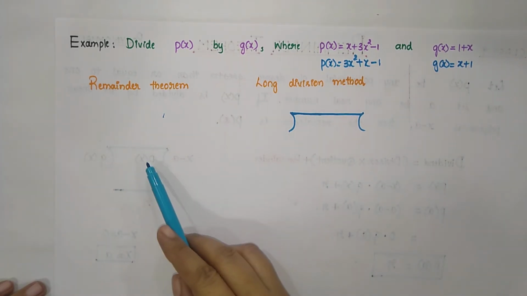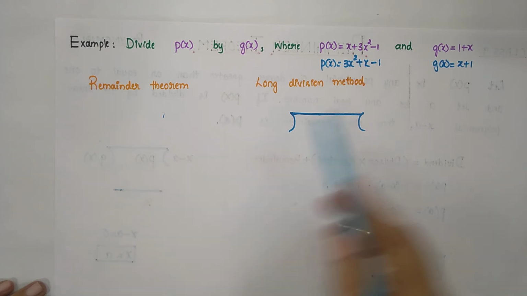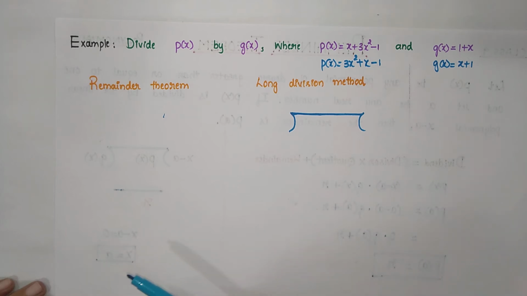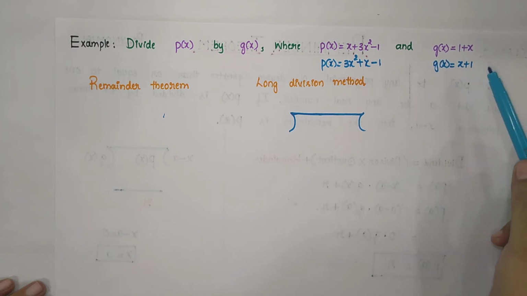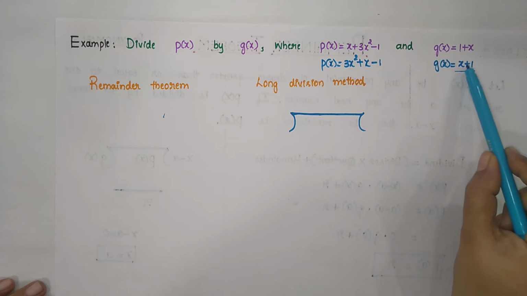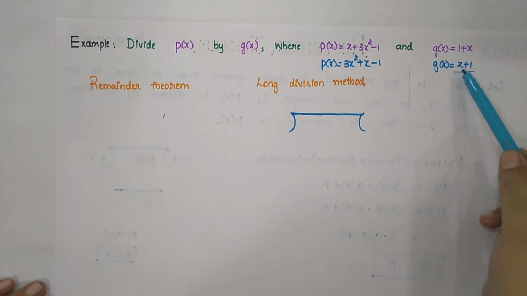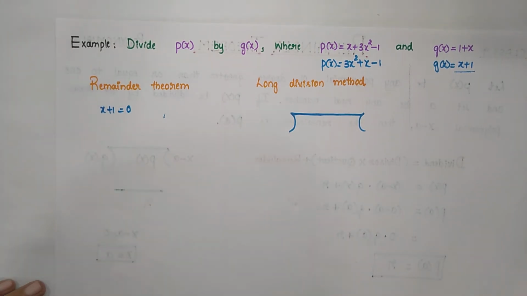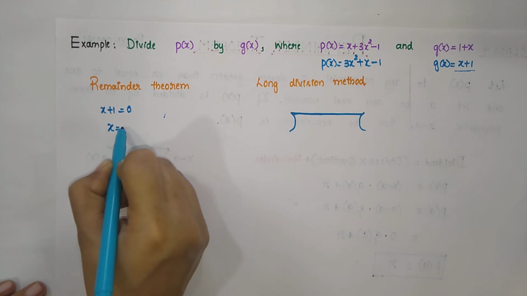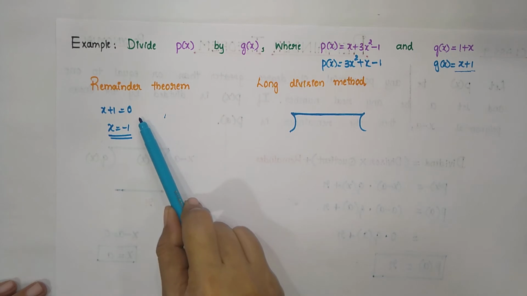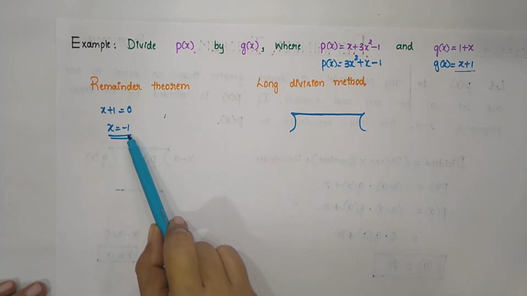Now first let us find the remainder by using the remainder theorem. According to the remainder theorem, in the proof also we equated the given linear polynomial, that is the divisor, x minus a, to 0. Similarly here you have to equate the given divisor g of x to 0, so that you will get the value of x. By equating the divisor x plus 1 to 0, we get x value equal to minus 1. That is, by taking plus 1 from the left hand side to the right side, we get x equal to minus 1.